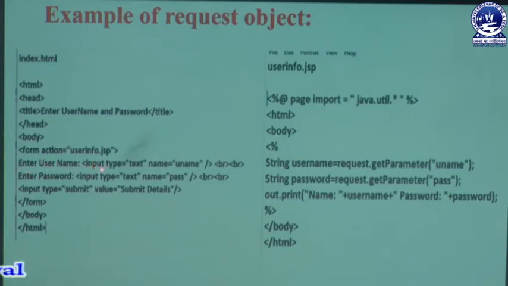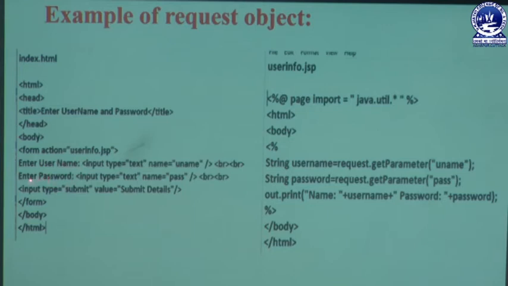Then we are taking the help of the input tag. We are going to create an input box, and that input box is always created through that input tag. In that input tag, we have an attribute named type. In the type, we are mentioning the type of text box, that means it is a text box. Then we are defining an attribute name. In that name attribute, we are mentioning an identifier known as uname, meaning username. Uname is a unique identifier of that username label.